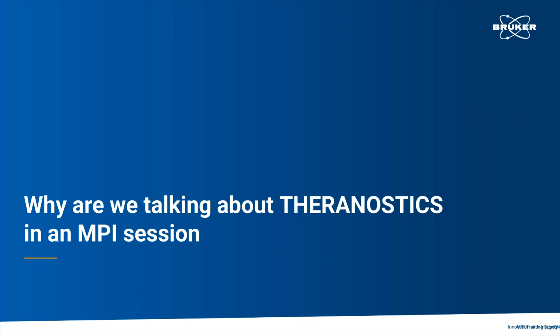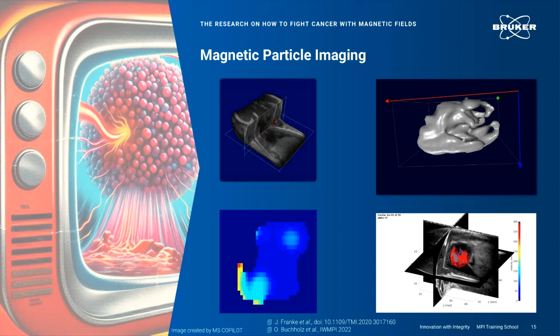So what the heck are we talking about hyperthermia for here in an MPI session? Well, in MPI, as already stated, we acquire the distribution of iron oxides in space. We can have this in real time and in high resolution, and we can extract physical properties like flow. But we can also, and this was one of the last questions, thanks to the phase information of the particle response, not only reconstruct the particle distribution in space, but also detect thermal